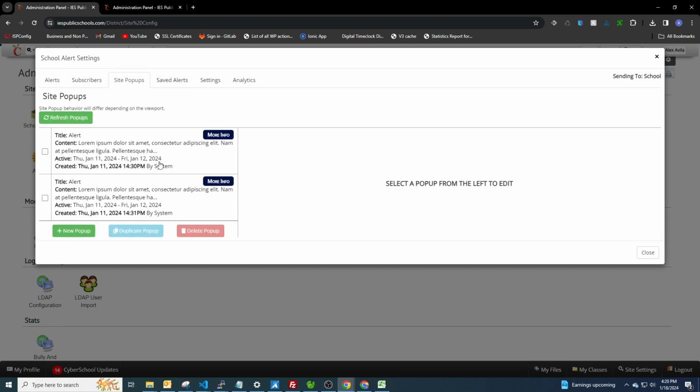The reason for that is because we would like you to be able to make sure that that's the pop-up you want. If it's enabled by default, as soon as you hit new pop-up, it's going to start showing on the website. And so new pop-ups are not saved until you actually save. Go figure. However, if I were to take one of these alerts here and hit duplicate, then the pop-up that's created as a result,